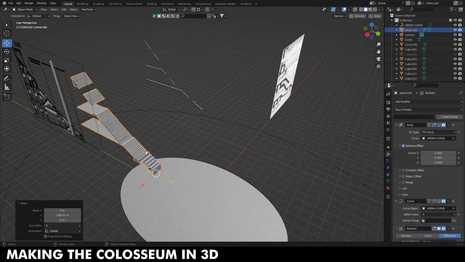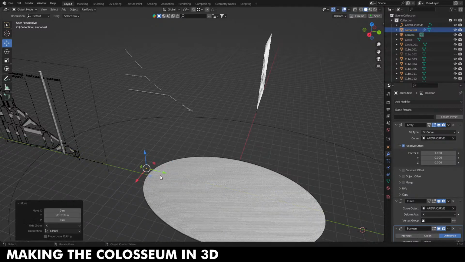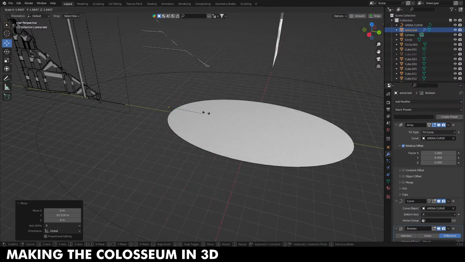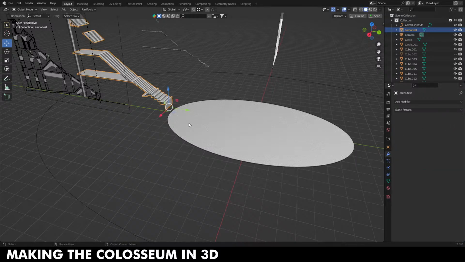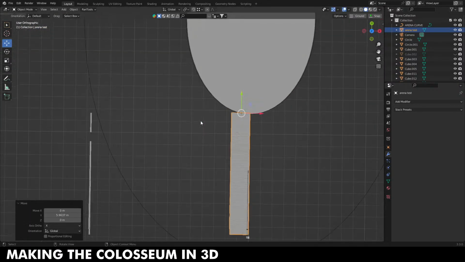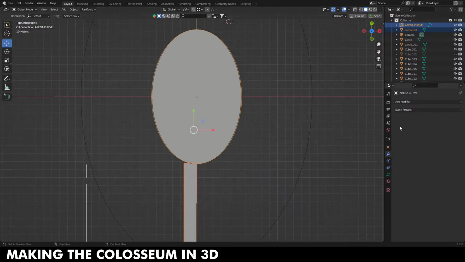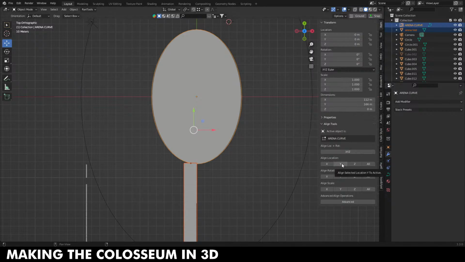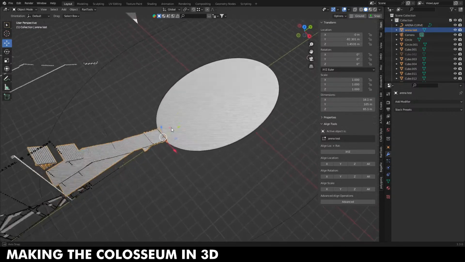Stop being weird. I'll delete everything about you. Let me align you with Arena Curve. We align on the X, like so. And then